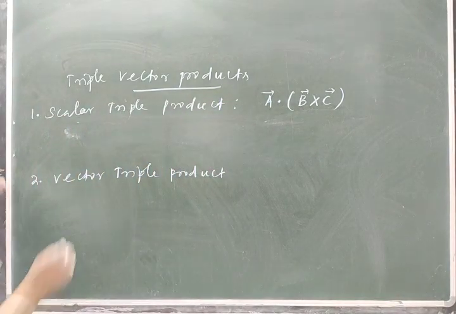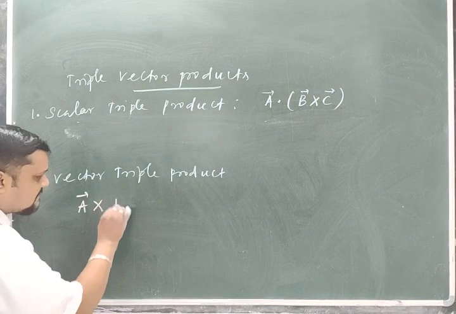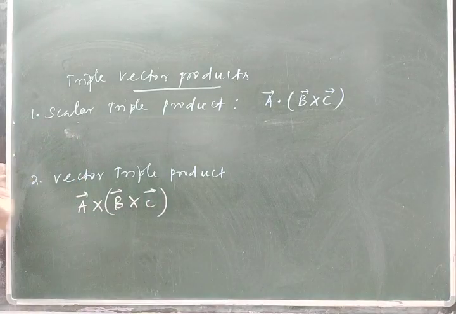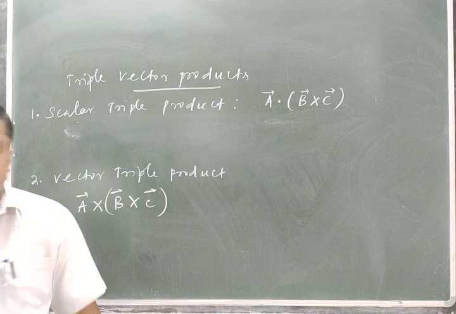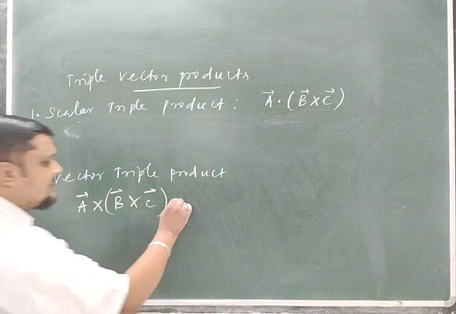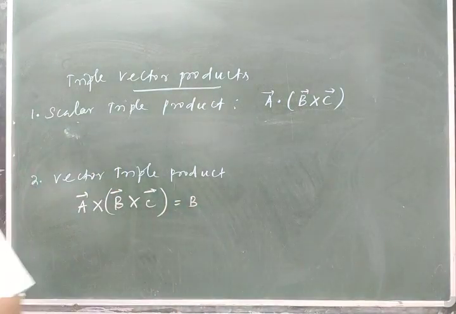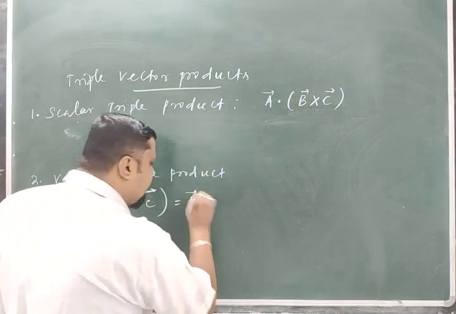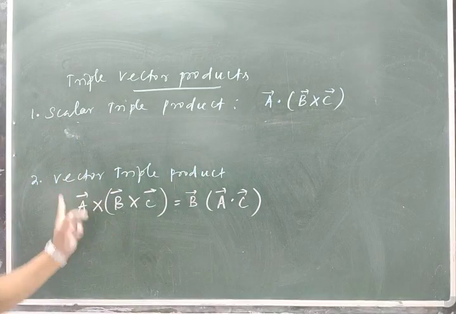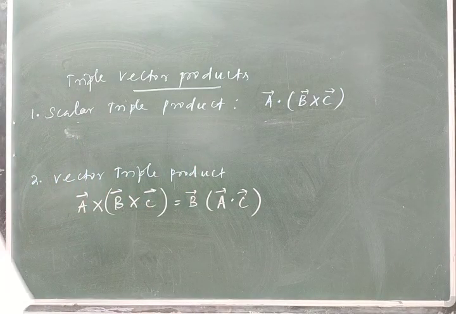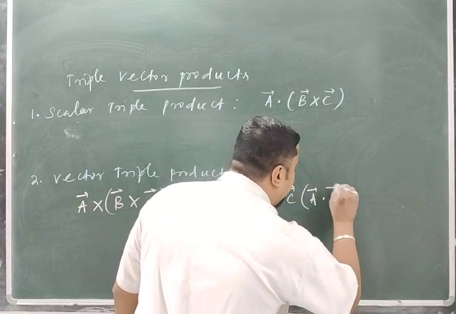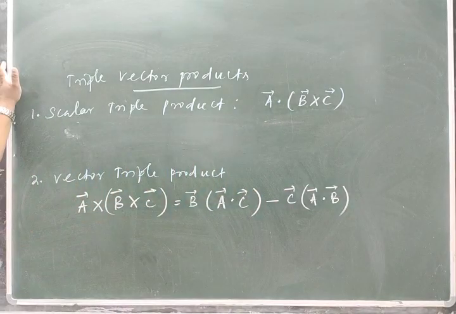And vector triple product means we will write this as A cross B cross C. This is called the vector triple product. Cross product B cross C, it is making the cross product with A. Instead of dot symbol, here I am putting a cross symbol. And remember, the formula is like this: B, the vector B, A dot C. The sequence you remember: B, A dot C, minus C, A dot B. This gives you the vector triple product.